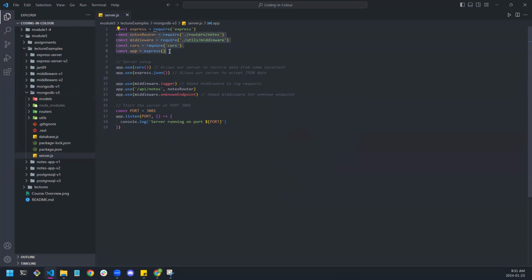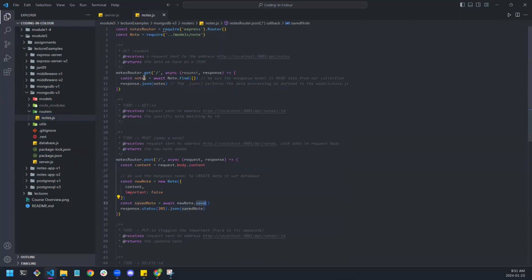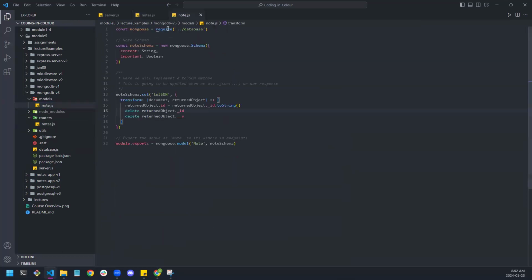We're not referencing anything until this point, when we import the notes router and add it to our route here. Then we go to the notes router, and notice that at the top of the notes router, I'm importing note from the models. So then let's go to the models, and at the top it requires from this database file,